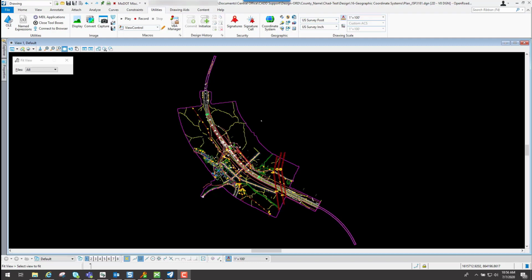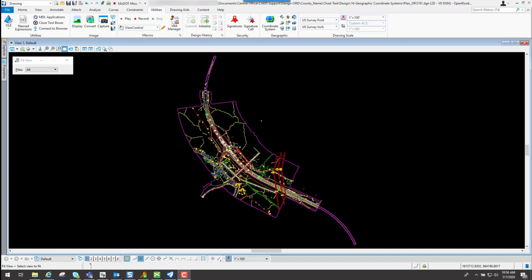Number one is, let's say you had this geometry that's out there and it was flown or shot in through survey with one coordinate system, and then you had another file that maybe somebody else surveyed but they used a different coordinate system. Well, if you apply the correct coordinate system to both of those files, and you reference those in using the attachment tools, they would land correctly if the CAD program knows what coordinate system is being used for each one of those. So that's one benefit of it.